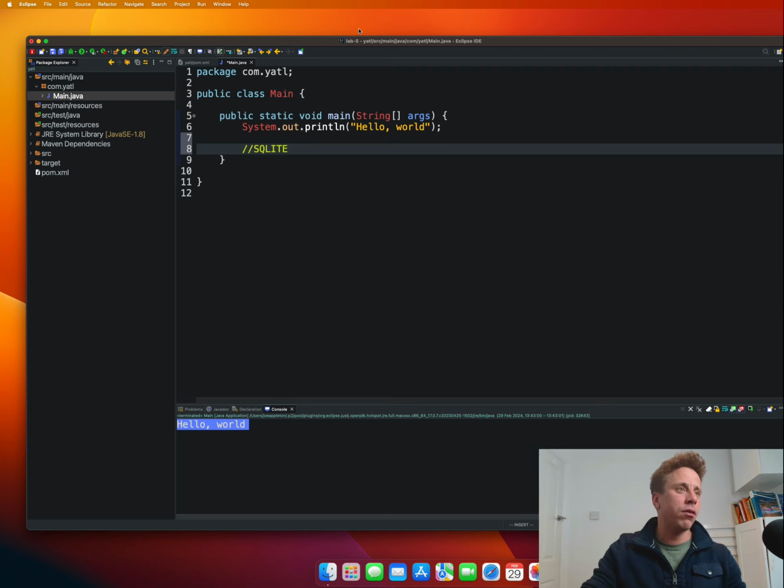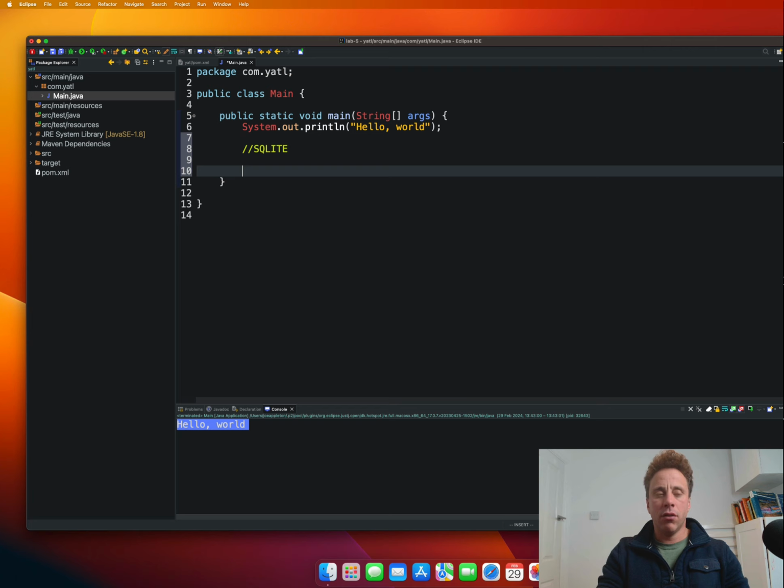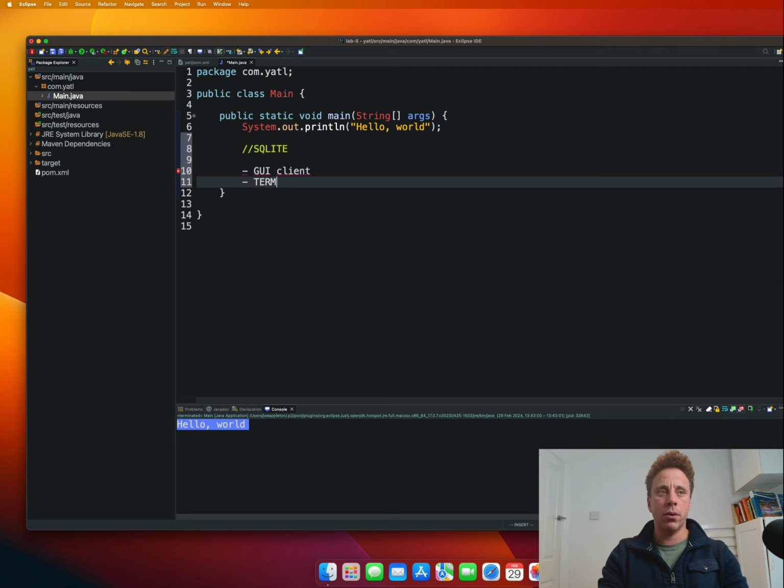So where should we keep this? Where should we create this? There's a few different ways to create a SQLite database. You can install a GUI client, and I've linked to one in the notes. You can install a SQLite terminal tool, and that allows you to create SQLite databases, or you can